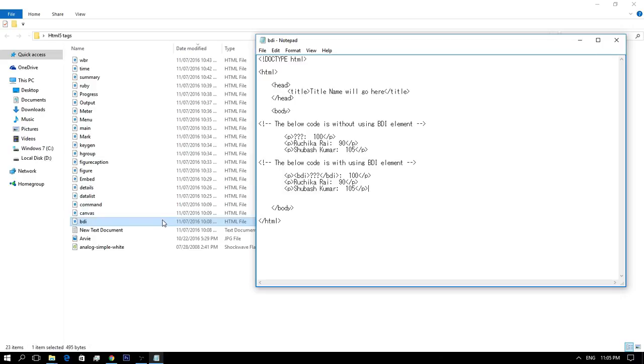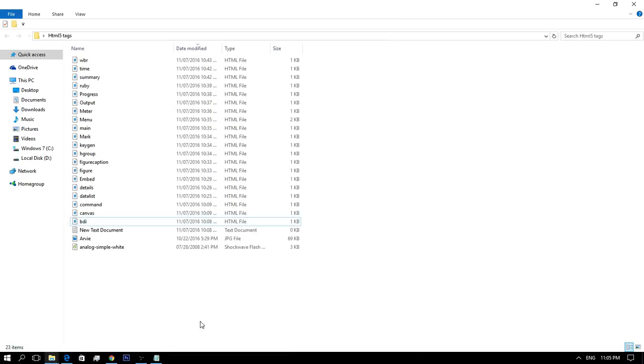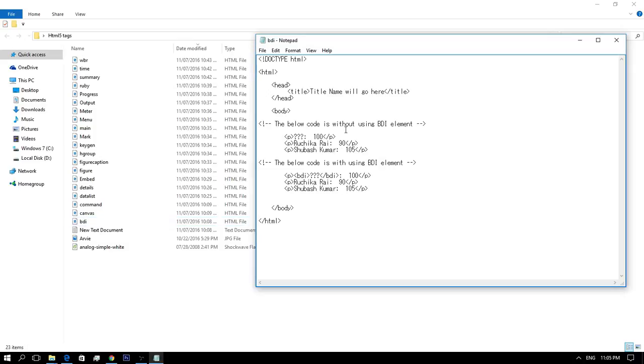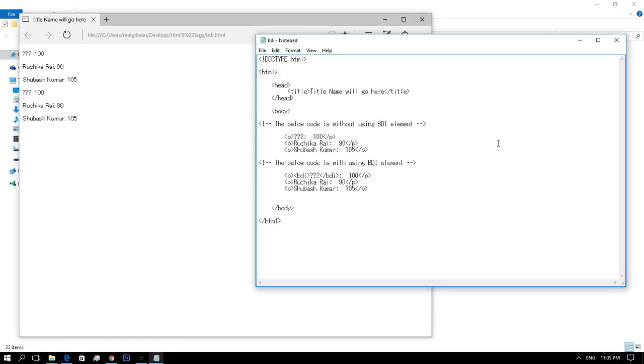So when we open it in the browser, as you can see, the one is without using the BDI element, and the one I created is using the BDI element. So let's proceed to the other element.